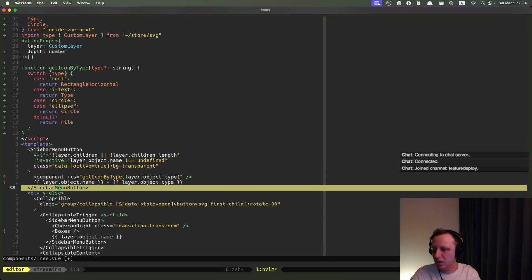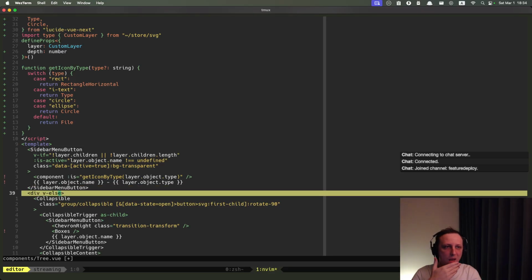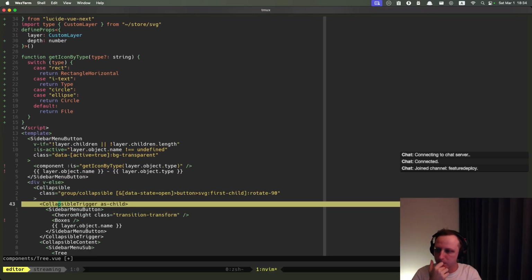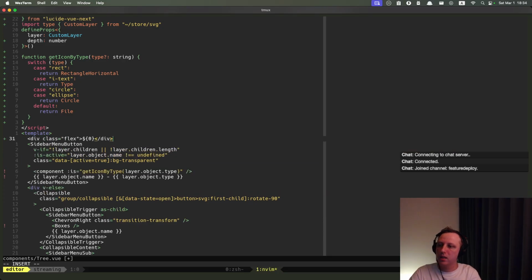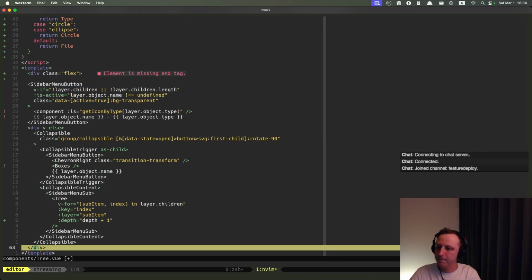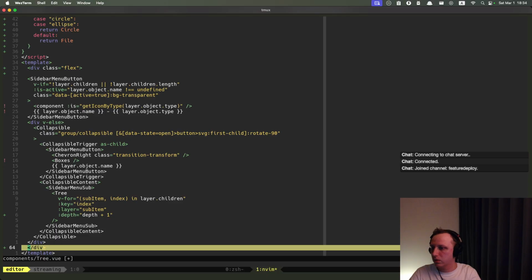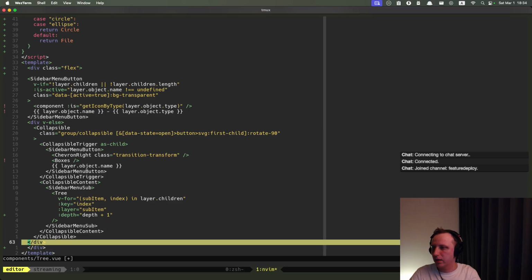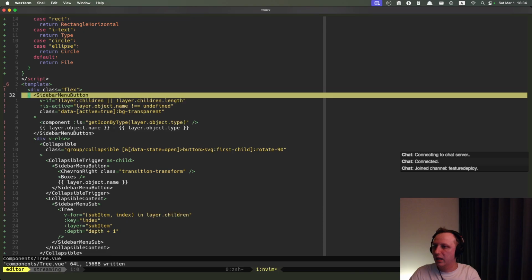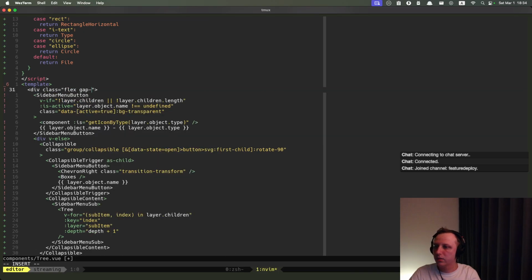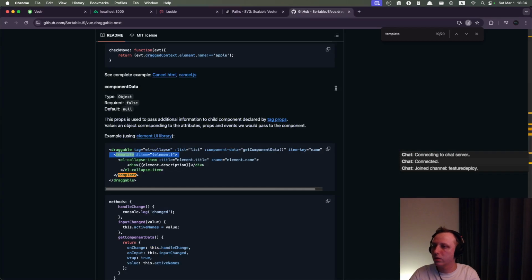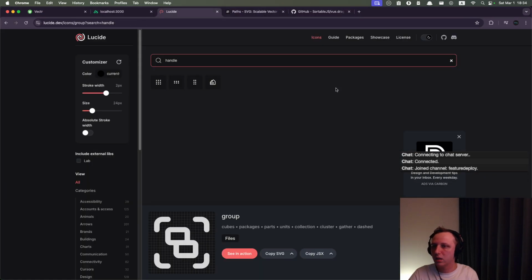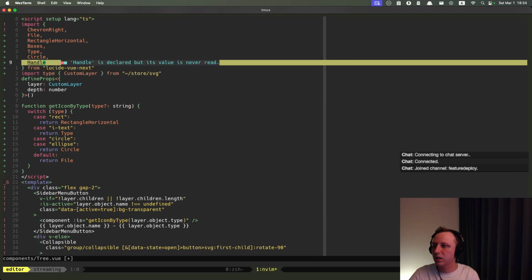So for now, I think I will just make it for the first element. Let's see if we can operate it like this. Wait, did it create it? Oh no, okay, it's fine. So in here, I want to see if I can have, what's the handle grip? No, what was the name of the icon? This one, the grip vertical. Grip